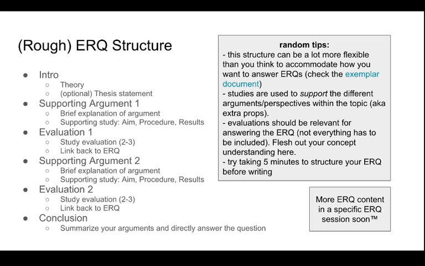If you follow that correctly and evaluate the studies properly, that will give you around a 5 or 6. If you don't mess up anything else, like if you memorize the studies and the theories, etc., if you follow that structure, I can guarantee that you'll get a 5 or 6. But for a 7, you need to make sure that